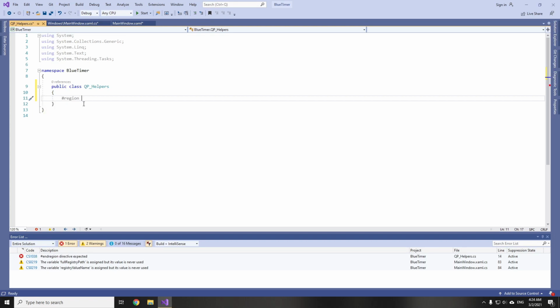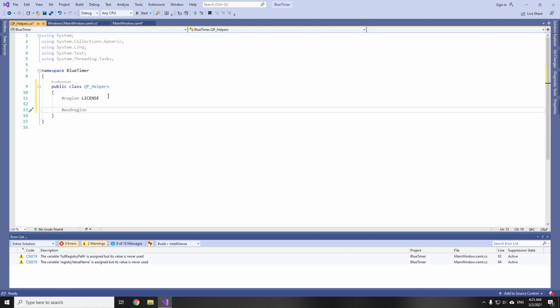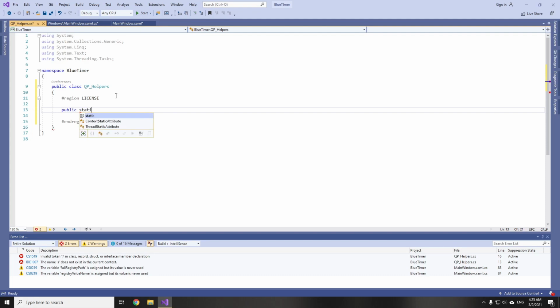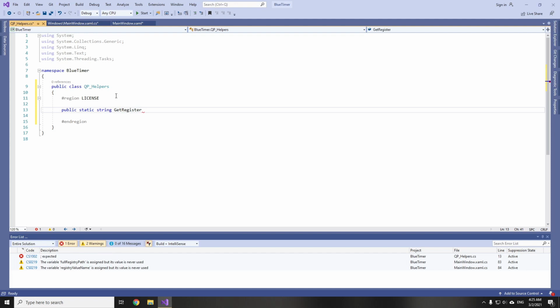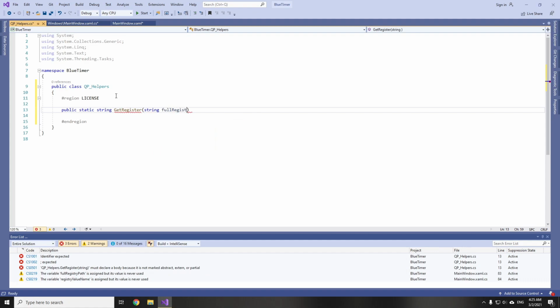So I will create regions for different stuff, a region for license stuff, and here I will create just one method called public static string GetRegister, and here I specify the full registry path and also registry value name.